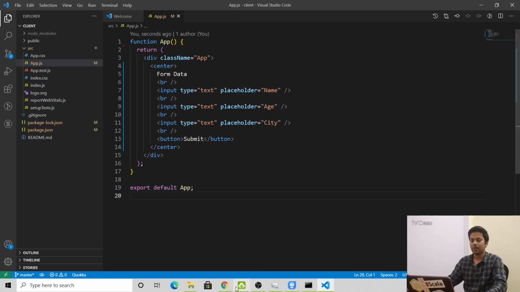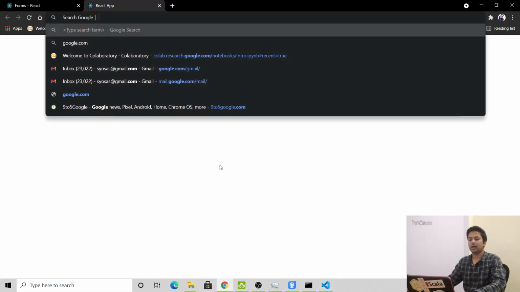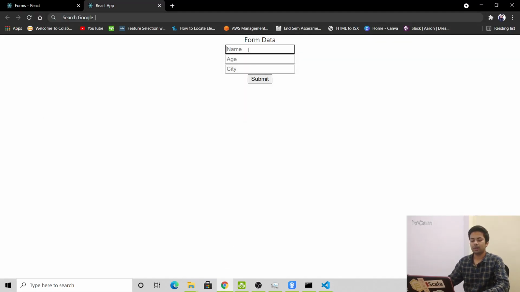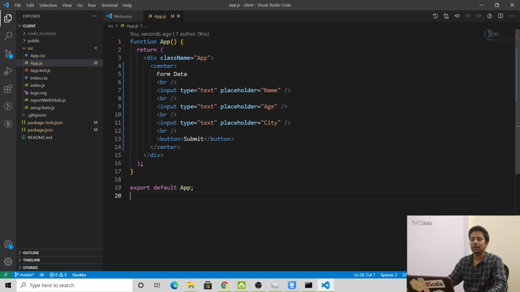Okay, so see what the problem is in this form. Suppose I have written my name, John, age 45, city LKO. When I submit, why isn't it working? Because I haven't taken a form tag.